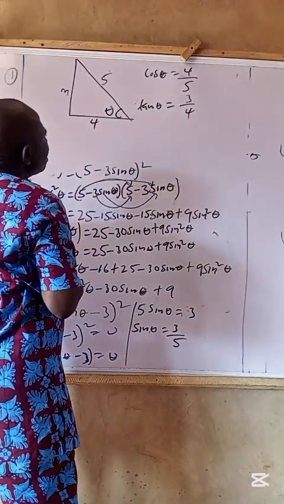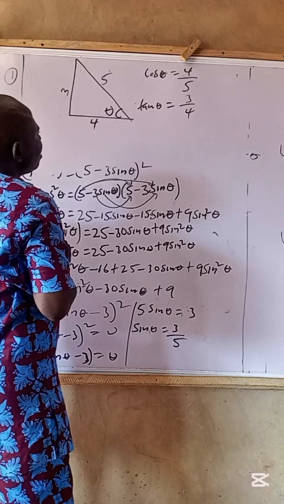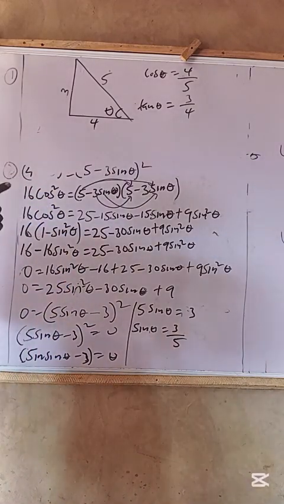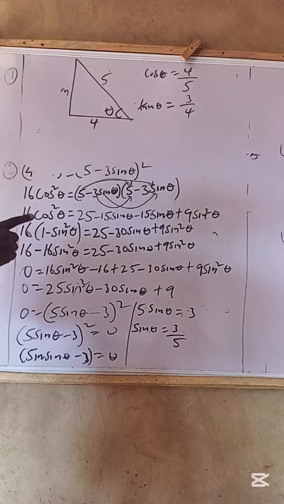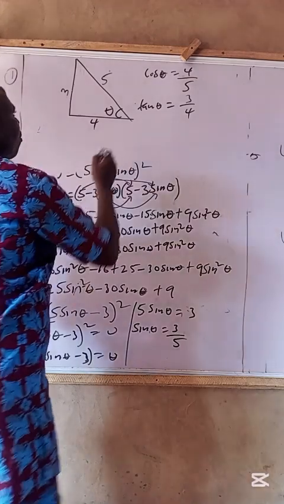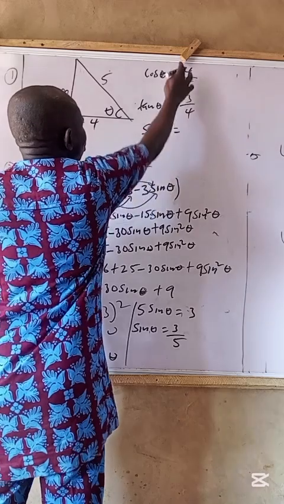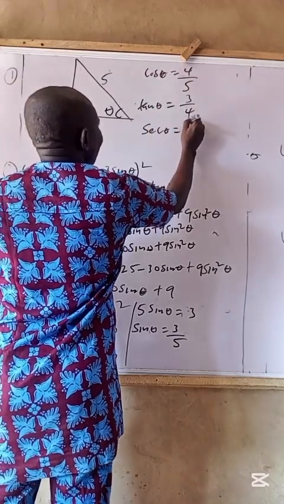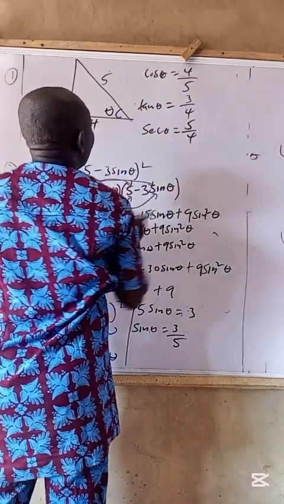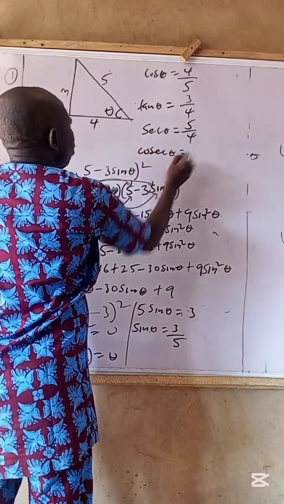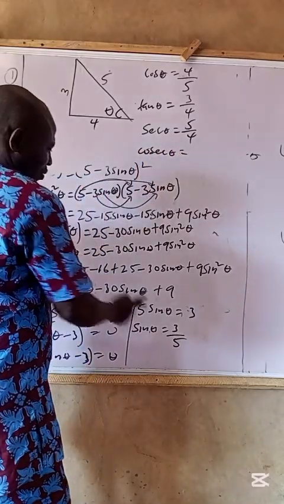Then sec theta is the reciprocal of cos theta, so sec theta is 5 over 4. Cosec theta will be the reciprocal of sine,